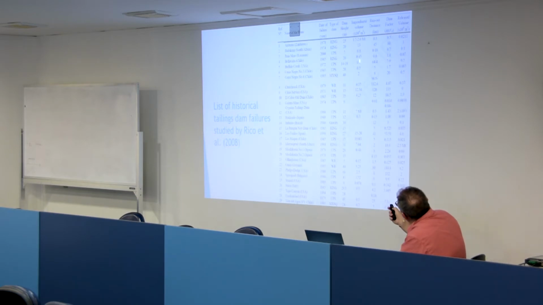This is in millions of cubic meters. That's the volume of tailings that you have behind the dam. These are the run-out distances that people have observed. And this is the so-called dam factor. And the dam factor essentially is